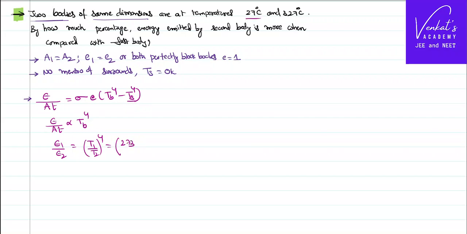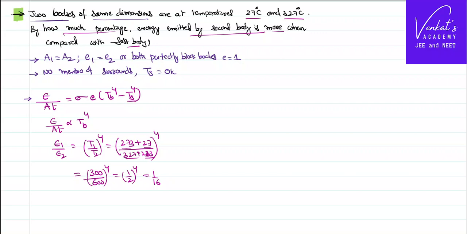But given values are in centigrade. So we shall convert them into Kelvin. Whole power of 4. Now you want to calculate by how much percentage energy emitted by second body is more than the first body. We'll come there anyway. 273 plus 27 is 300. 273 plus 327 is 600. Whole power of 4. 3 by 6 power of 4, that is 1 by 2 power of 4, that is